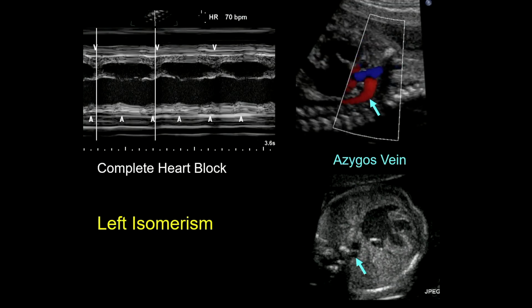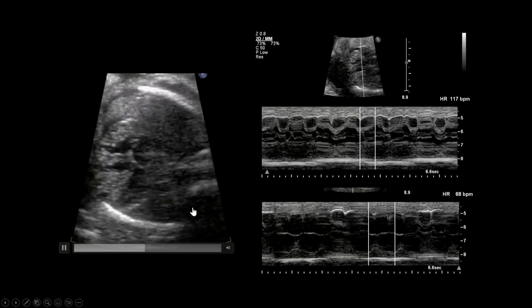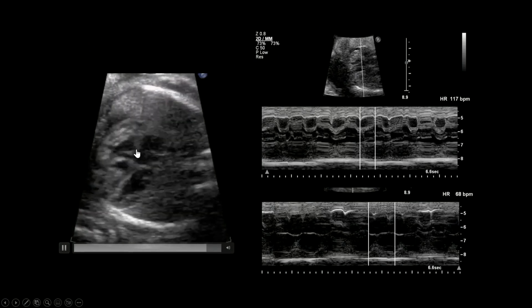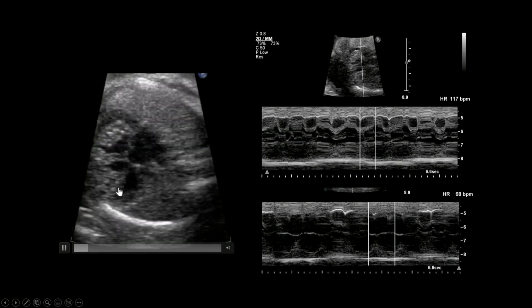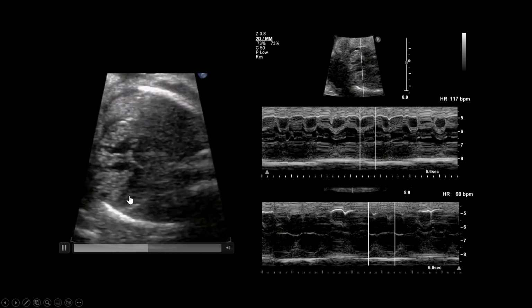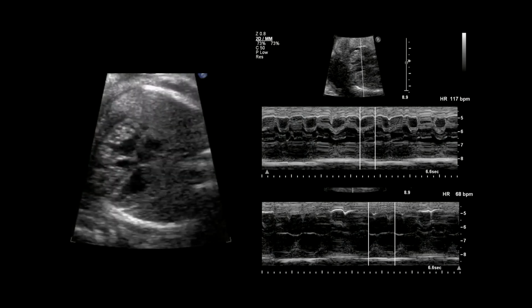With severe prognosis. Few survivors with that. If you see it, whatever you do, you can try to speed up the heart rate, and even heart rate at 70 beats per minute are not tolerated usually. It's a single ventricular physiology most of the time in these patients. And something else with complete heart block, with left isomerism, you often see is spongy myocardium. As you can see here, that's a completely abnormal myocardium. That's a very well known association with left isomerism, complete heart block, and